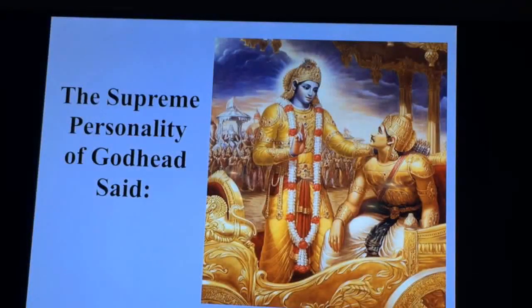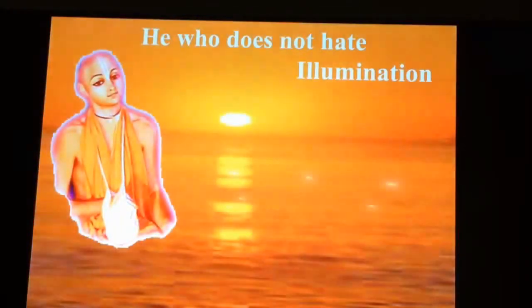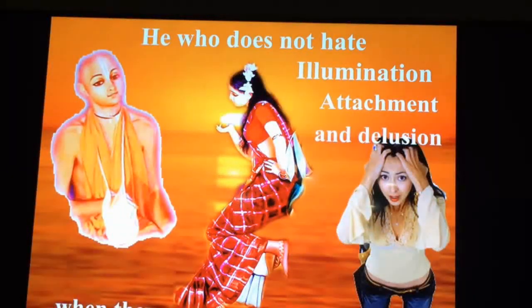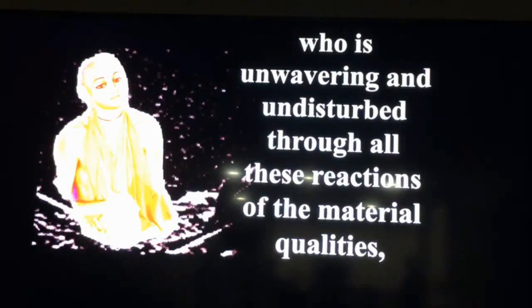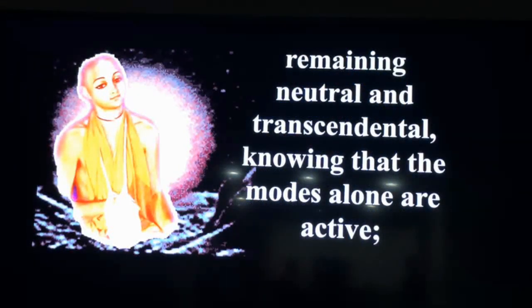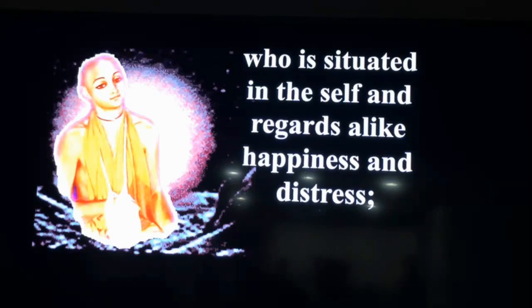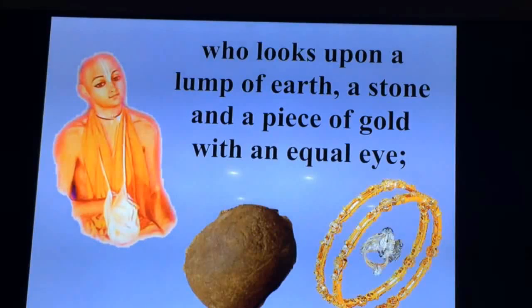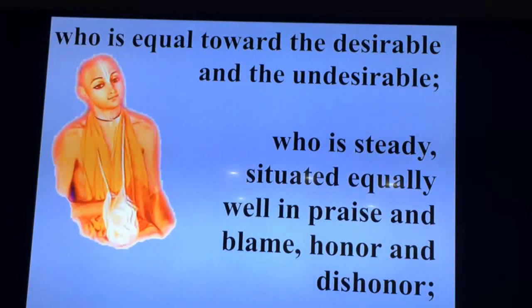The Supreme Personality of Godhead said, "He who does not hate illumination, attachment, and delusion when they are present, or long for them when they disappear, who is unwavering and undisturbed through all these reactions of the material qualities, remaining neutral and transcendental, knowing that the modes alone are active, who is situated in the self and regards alike happiness and distress, who looks upon a lump of earth, a stone, and a piece of gold with an equal eye, is equal toward the desirable and the undesirable, who is steady, situated equally well in praise and blame, honor and dishonor,